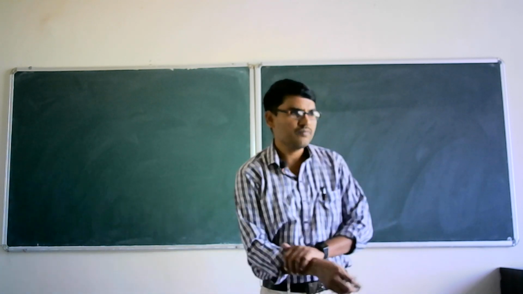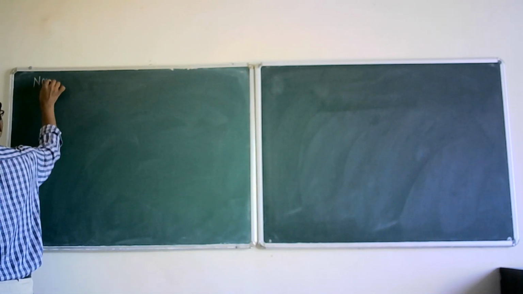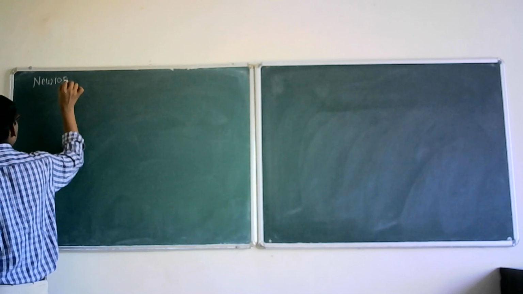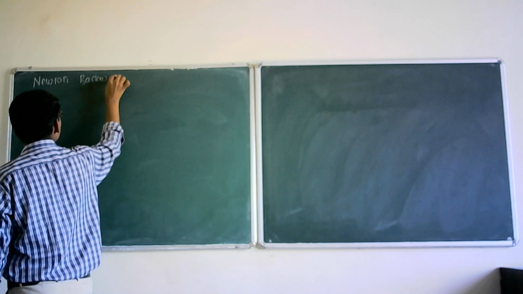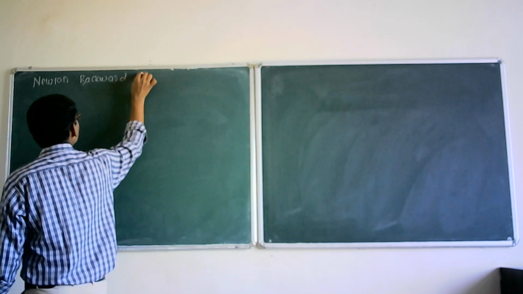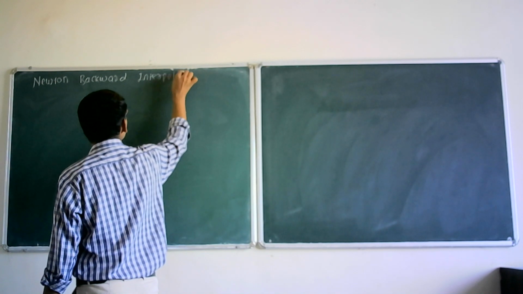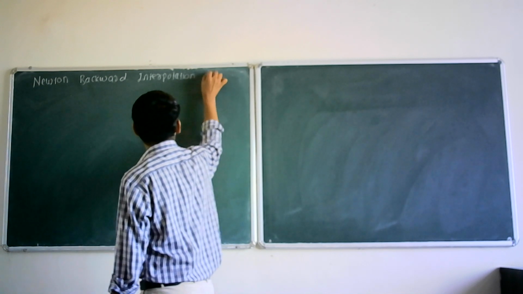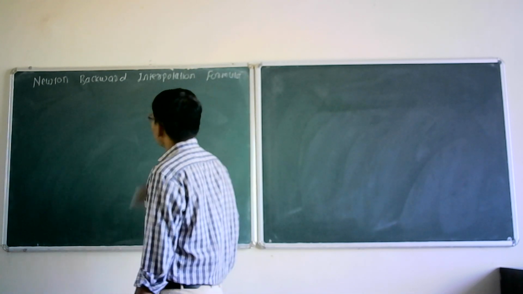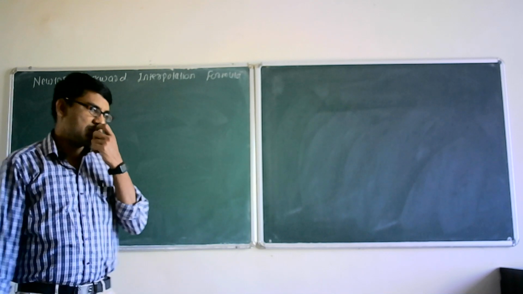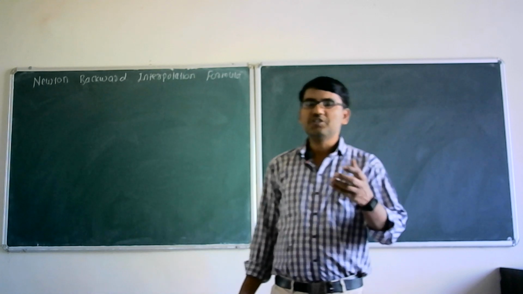What is the Newton backward interpolation formula? It is also called the Newton-Gregory backward interpolation formula. Already I have told you that if you want to determine an interpolating value of x very close to the bottom of the table,